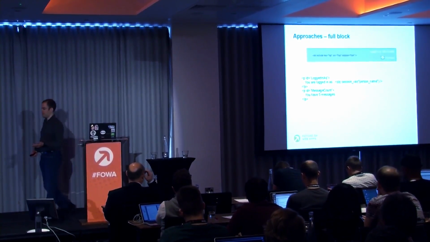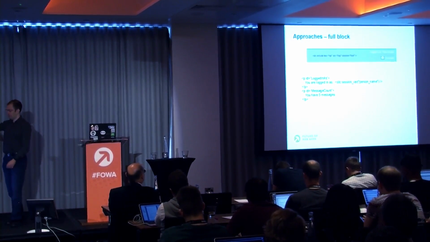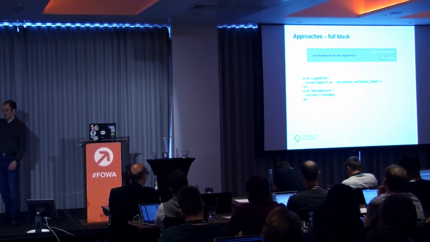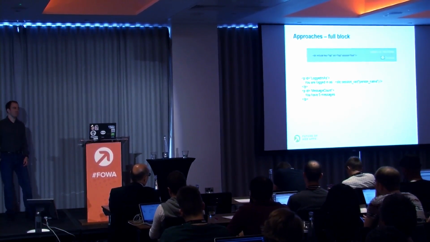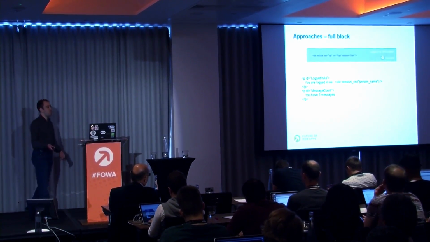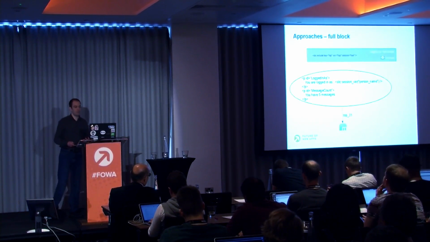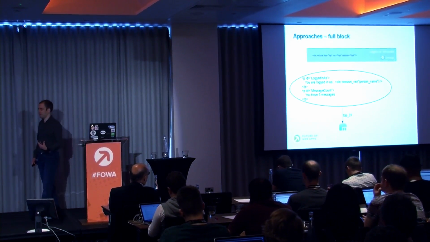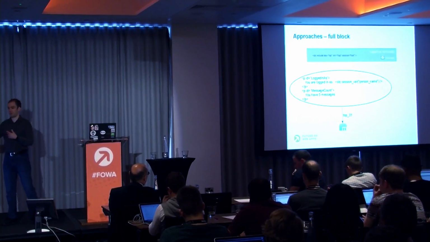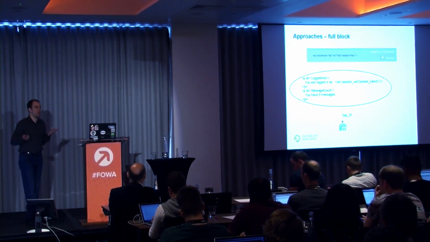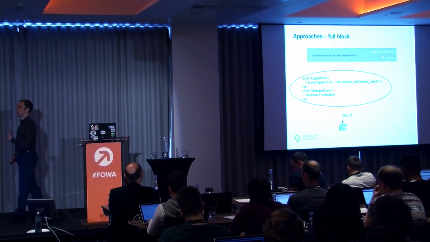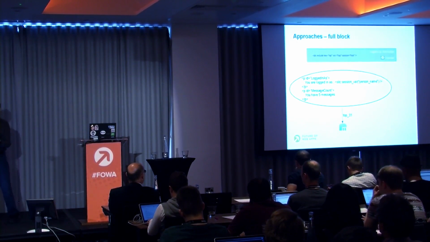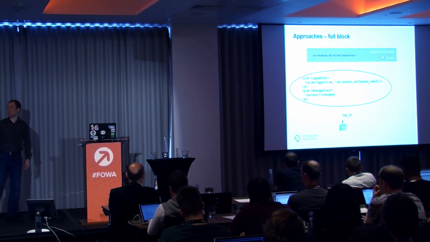Now, you could have code like this that says, you are logged in as, and then we show the person name, and you have 5 messages. But in this case, you have 5 messages is specific to me. So I would have to store that entire block as top_31, if my user ID is 31. And then I would have to do that for every single user in the entire system, which is not really efficient. If I have 10,000 users, I'm going to have to store 10,000 top blocks.